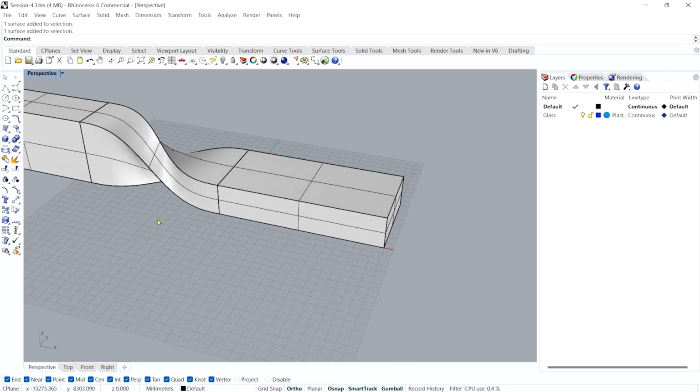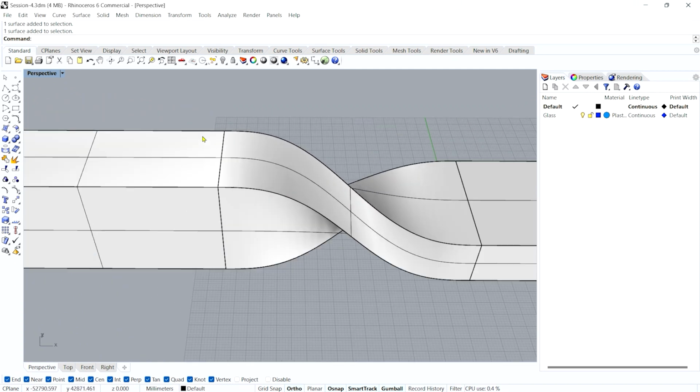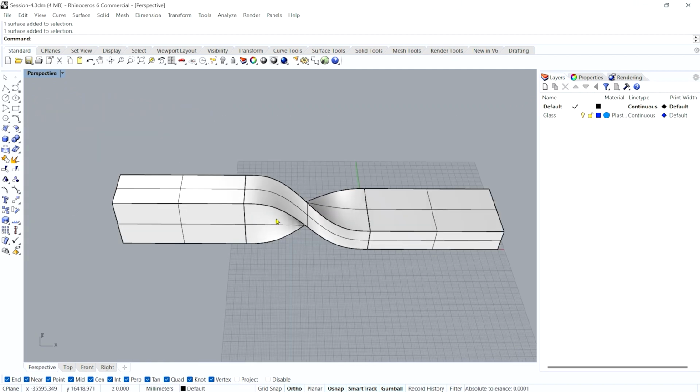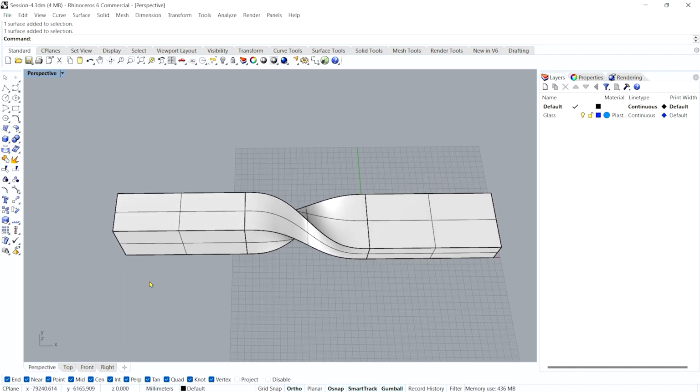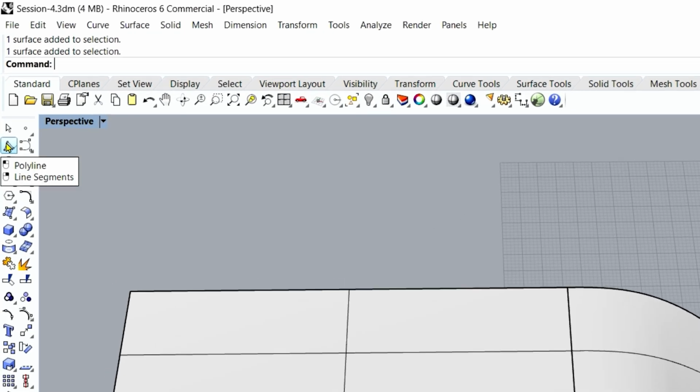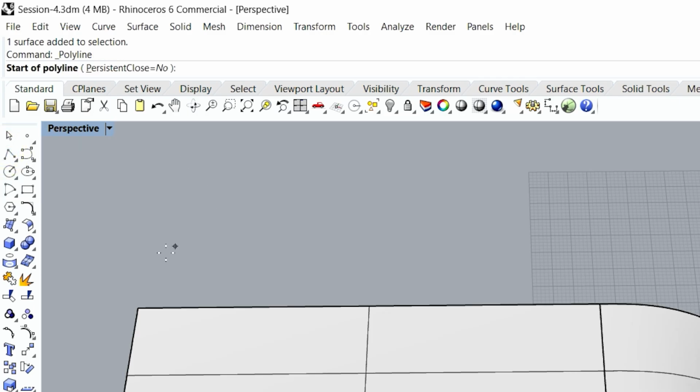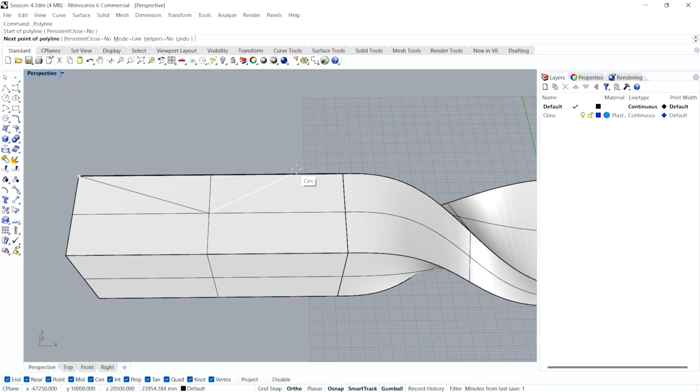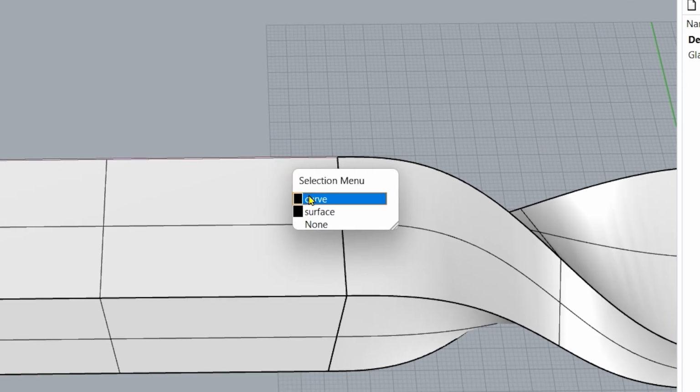So for that I need some guidelines so that I can start that expansion of glass and then expand it till here. First thing I will do, I will create a line here so that I can get some reference points for them. I will make them not accurate, but yes, just in proportions. So let me take the polyline command again and draw a line here like this, right? And then I can select this curve,